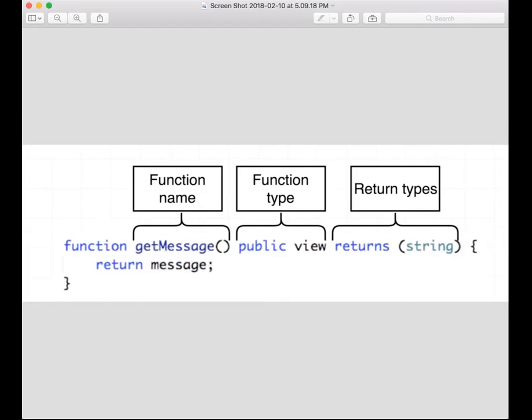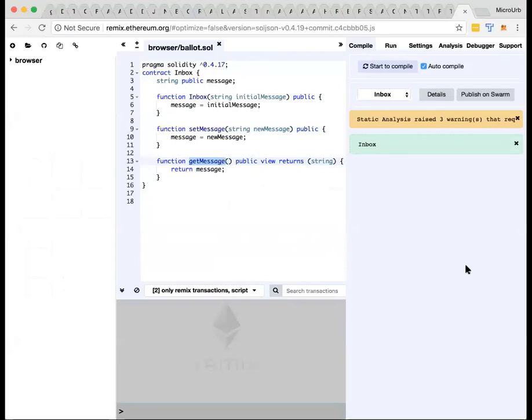So after the function name, we list out some different arguments that the function can be called with. But in this case, as you can see, getMessage did not accept any arguments, and so I left this set of parentheses empty. However, if I go back to setMessage, I'll go back to my code so you can see what I'm talking about. So if I go back to setMessage here, you can see that